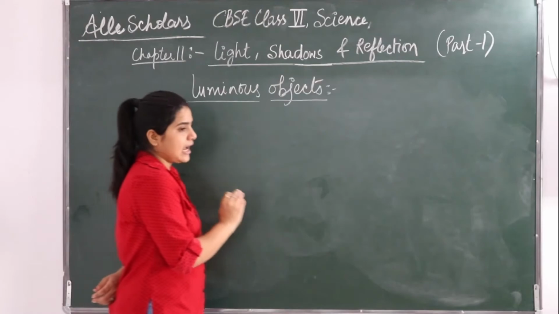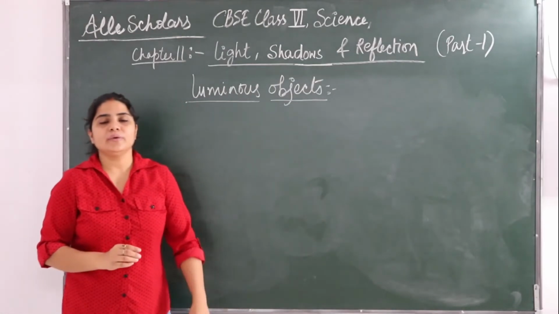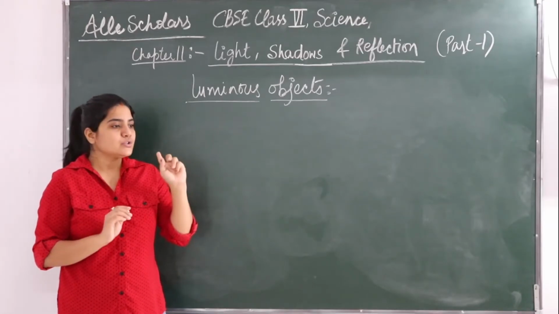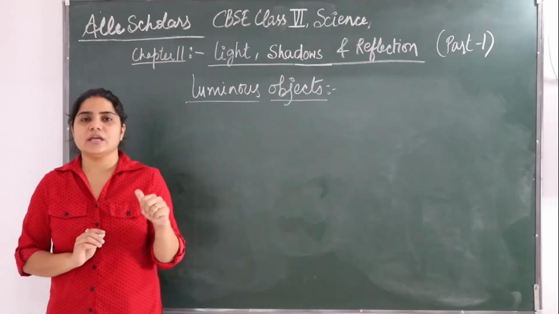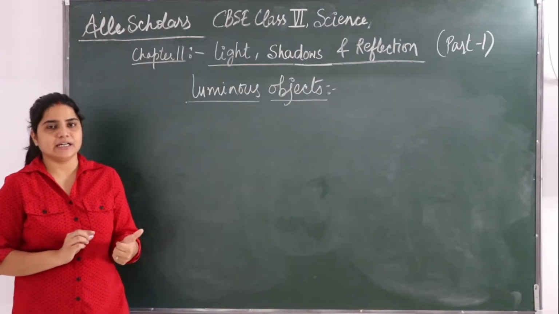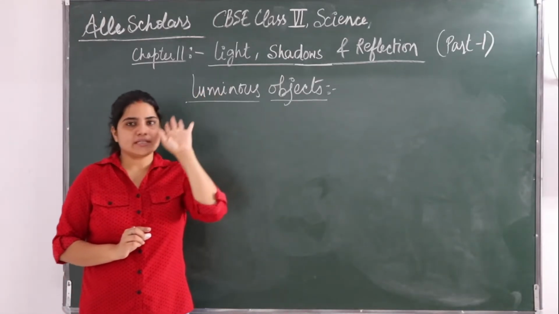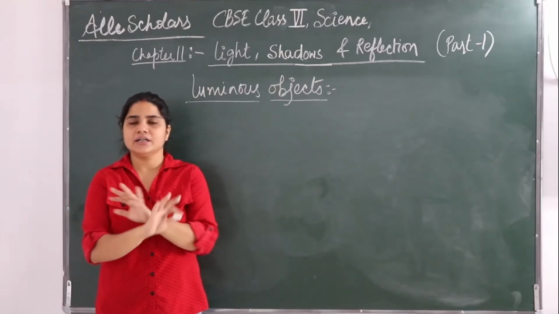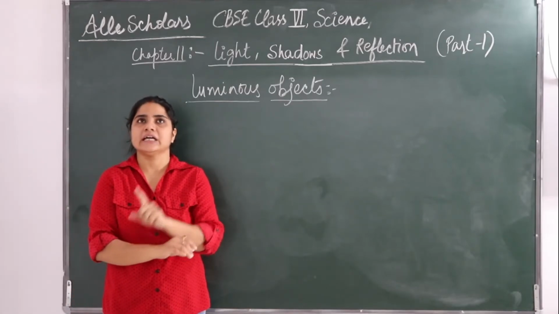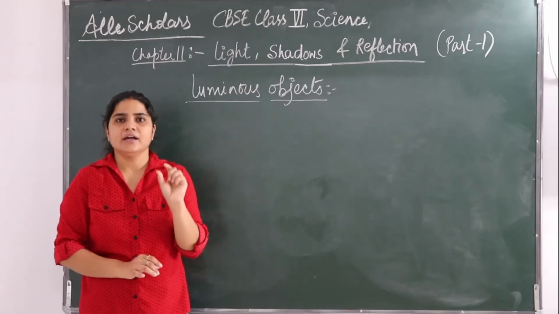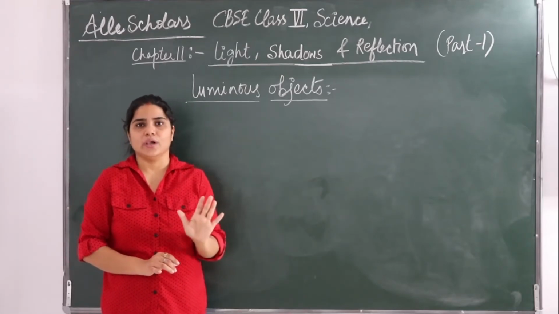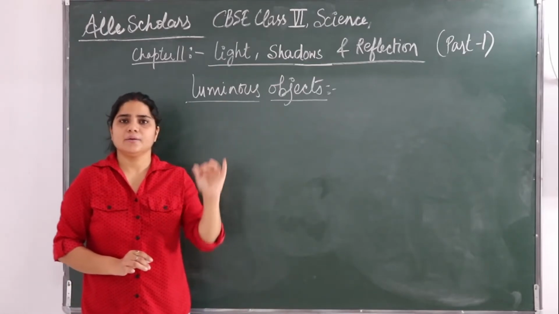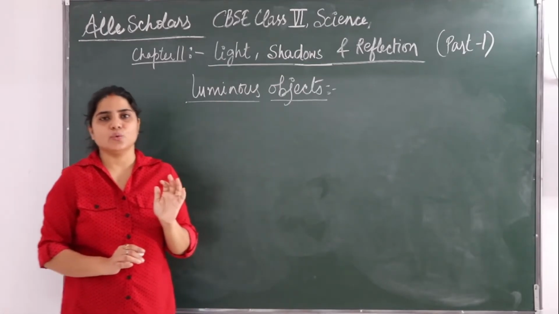Since they have got their own light, luminous objects can be seen in the dark also. The best example to see how luminous objects can be seen in the dark is stars. You see stars in a cloud, the cloud is whole dark, the night is dark. If there is no bulb, no light, nothing, then also you can see a star, because it has got its own light. If you see a firefly, you can see it in the dark. Why? Because it has got its own light.